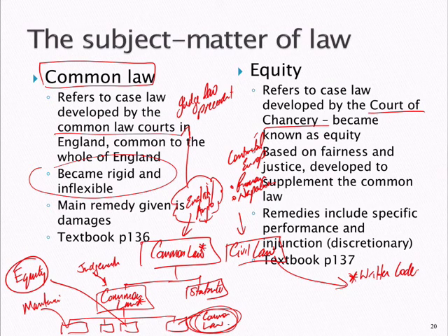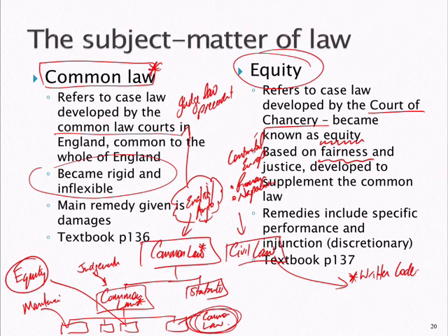The monarch wants to go hunting, having a good time, having a few drinks. They don't want to be listening to all these people complaining. So they set up another court. That court becomes focused on equity or fairness. Okay? So this is where the area of equity in law comes from, this particular court. In Australia and in the Anglo system now throughout the world, these areas aren't separate anymore, they're fused, but they have a different genesis. They also have different outcomes.